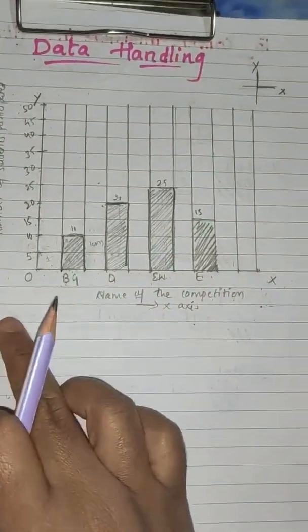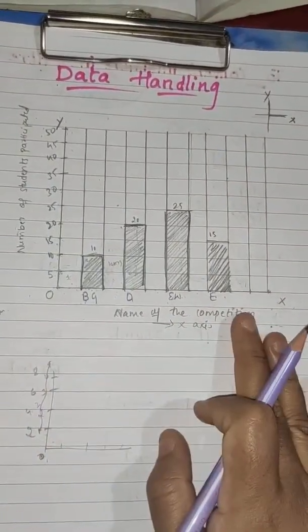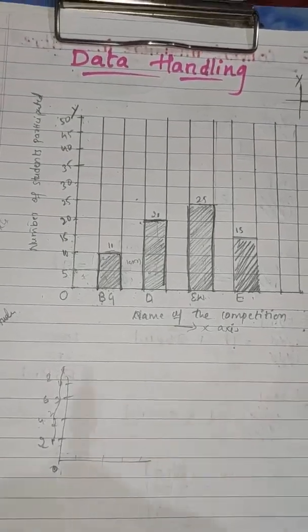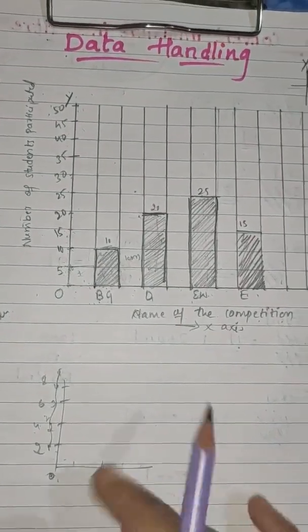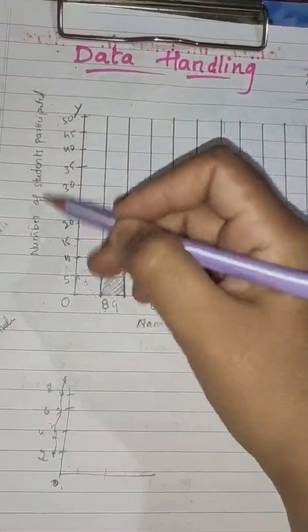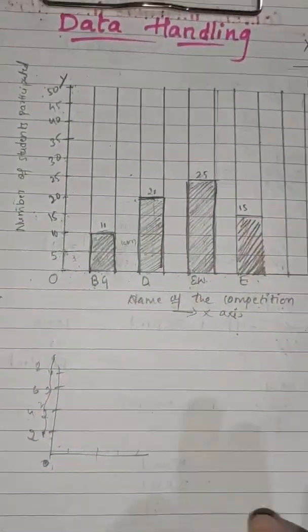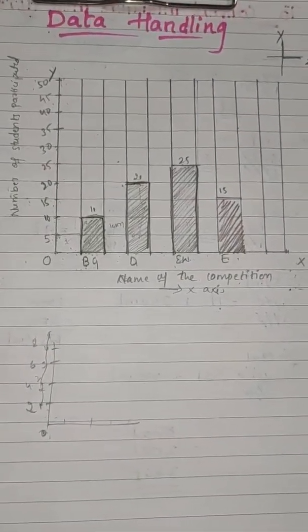Understood, children? We are having two axes, the x-axis and the y-axis. On the x-axis, you have to write the name of the competitions, or name of the flowers, name of the food items, fruits, whatever, whichever they will give you. Here you have to write the number of students participated. Whatever they are going to give, you have to write in the vertical line, like number of students, or the number of flowers sold in kg. They may give it like this. Okay. So this is how you have to represent it in the form of a bar graph.